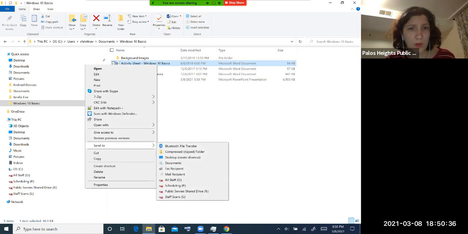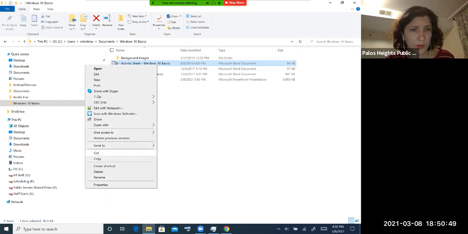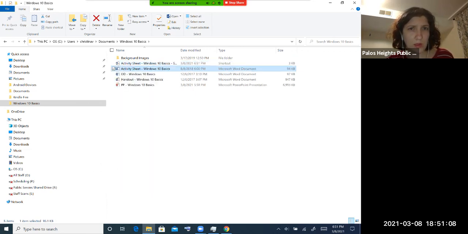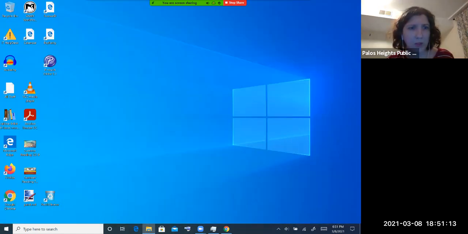You can also send it to, this is where you can send it to either other files, or you can even email it from here. This is where you could delete the file as well, or rename it, or create a shortcut, which would then create a shortcut on your desktop. So for example, this little activity sheet, Windows 10 Basics, if I create a shortcut, it's going to create a shortcut in this file, and then if I were to minimize this,